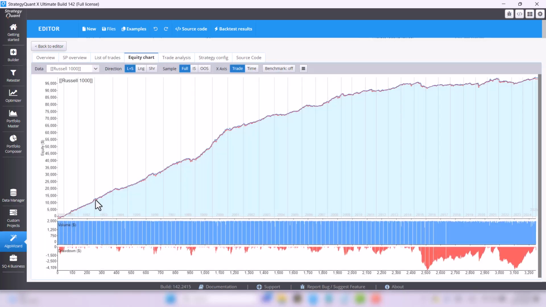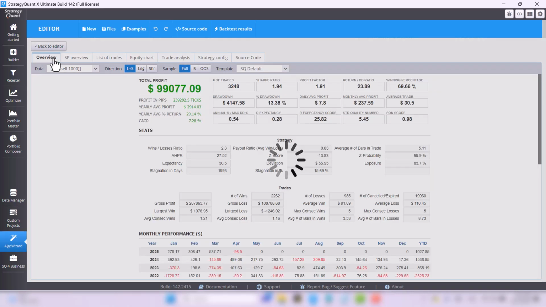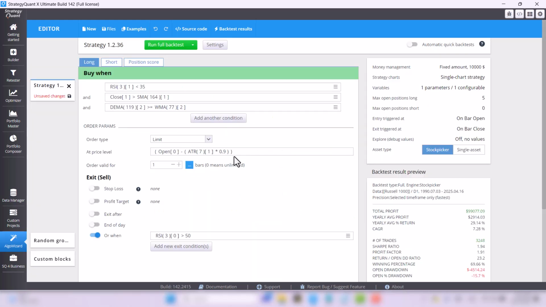Stock picking has a great advantage in terms of robustness itself. Given that the strategy has to work on hundreds or thousands of symbols at the same time, it is not easy to find a strategy that is overfitted, and that in itself is a sign of robustness. Robustness can be tested much more deeply. If you are interested, however, robustness is a widely discussed topic on our Discord.